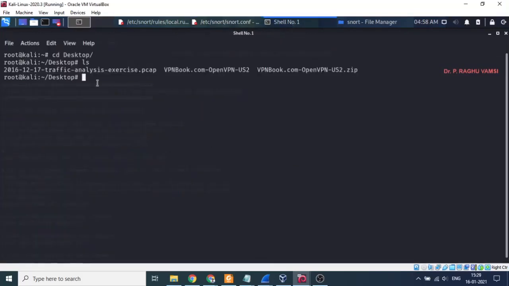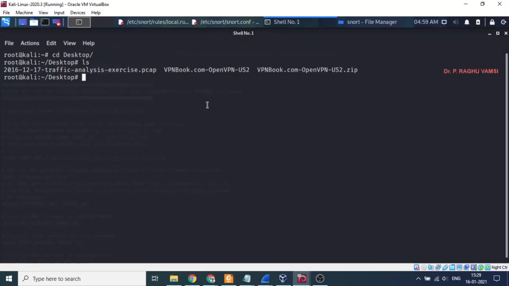Now our main task is to run this particular PCAP file so that Snort will detect it and indicate in the log the malicious activities. Practically, it is not possible because this traffic was already generated. But in future, if the same traffic is generated, will we be in a position to identify the attacks or not? That is the main thing we are supposed to focus on.